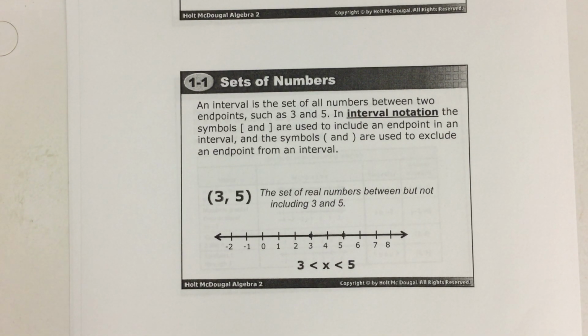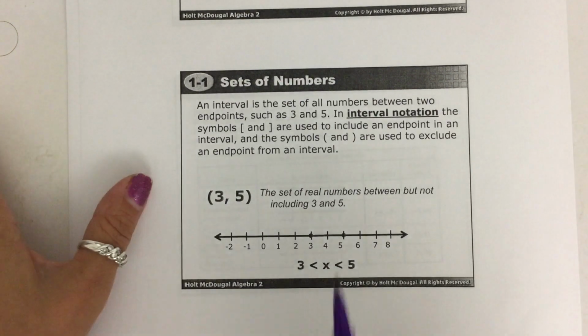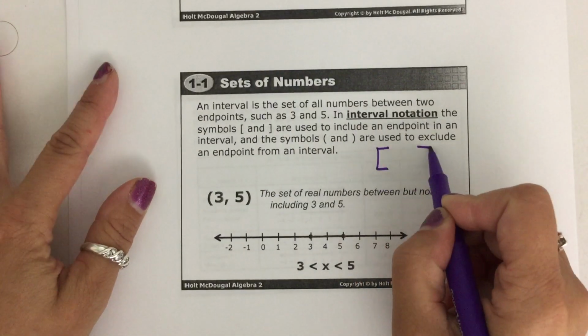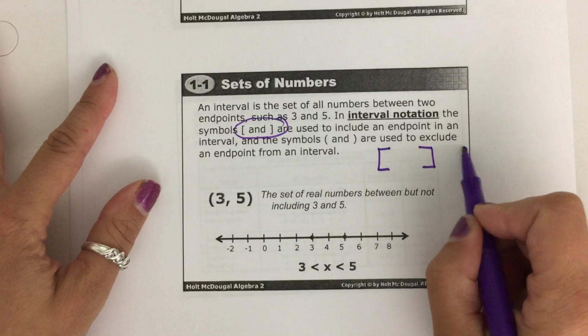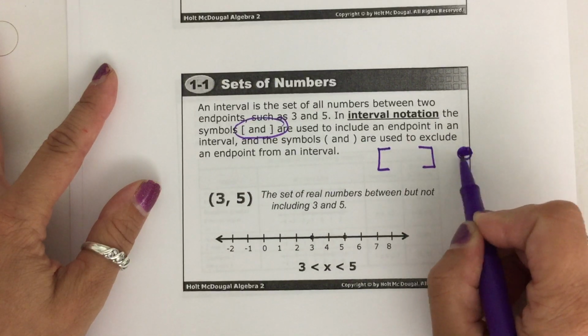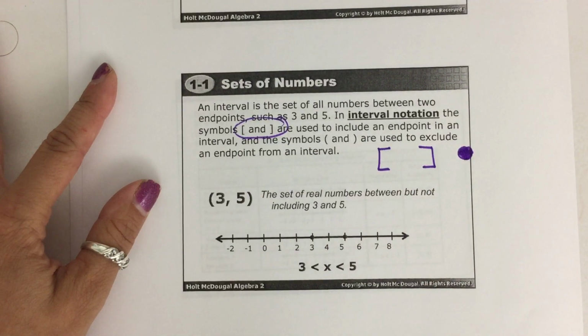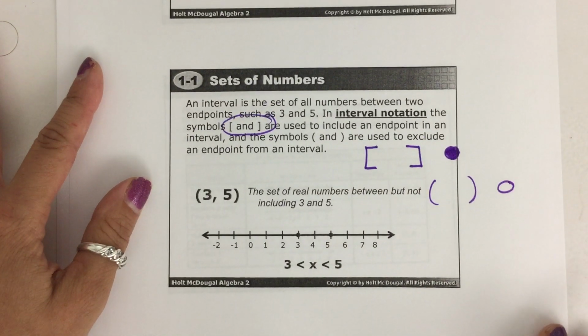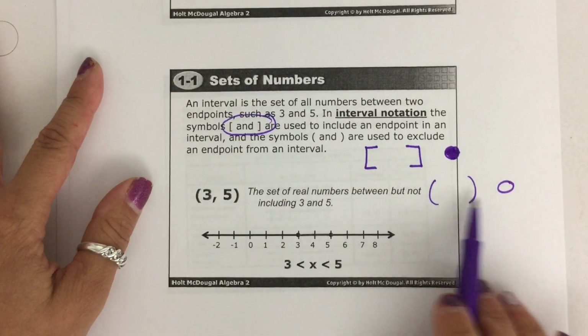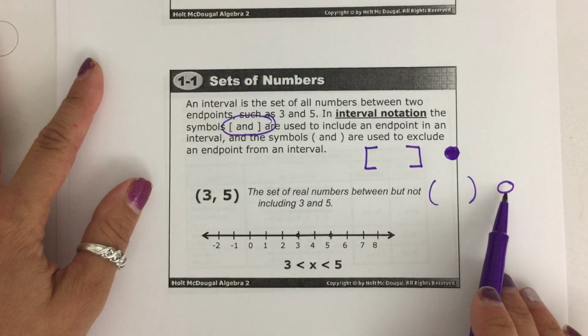I love interval notation. What it does is it represents the area that would be shaded between two endpoints on a number line. There are two different types of brackets that you can have. If you are including the endpoints, you have squared brackets. So on the number line, your circles would be filled in. If you are not including the endpoints, you would have rounded brackets, and that means that it would be an